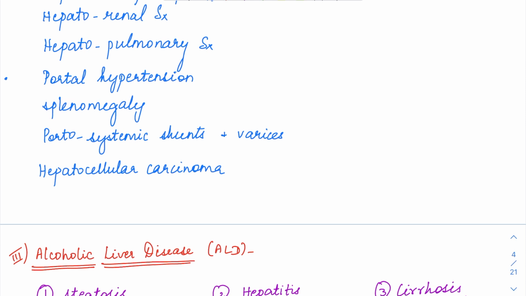We also have other complications like portal hypertension, again because the hepatic parenchyma is being lost. The hepatic sinusoids and the vasculature are also going to be altered, and that will result in portal hypertension. Portal hypertension in turn can cause splenomegaly, and then there will be portosystemic shunts. The portocaval shunts will be there, bypassing the liver, as the vessels start forming shunts.